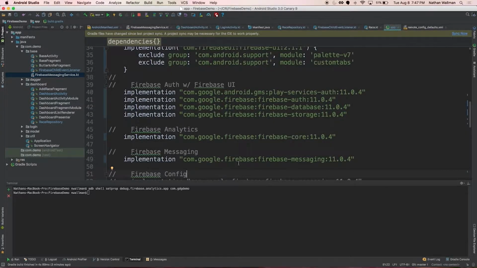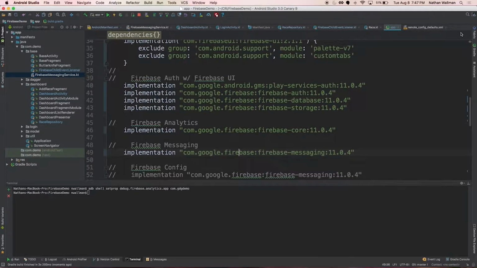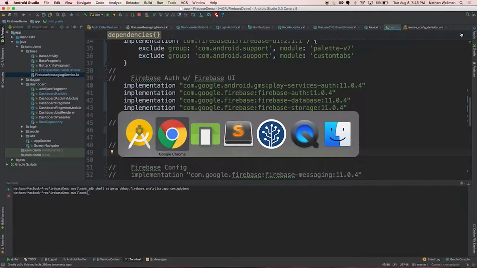I just uncommented the Firebase messaging dependency, and I'm going to go ahead and sync that and run that. So really, with very little work, actually no other work than adding the dependency, you can get messaging working as long as the app is in the background. So there is a distinction if your app's in the foreground versus in the background, and I'm assuming they do that because if it's in the foreground, a lot of times you want to do custom development. If your user is using the app, you probably don't want to notify them like, hey, new version's out. I think they force you through a different approach if the app is in the foreground.